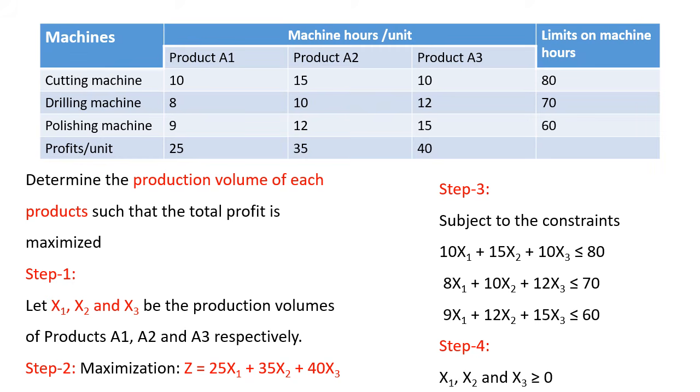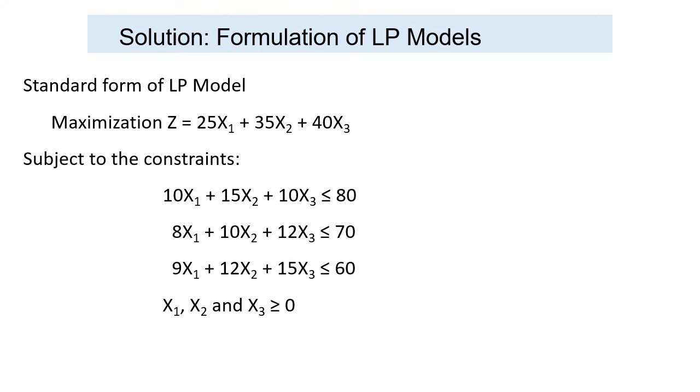And the last is step 4, where x1, x2, and x3 are greater than or equal to 0. That is the non-negativity restrictions. After formulating the linear programming model from the real problems, we have to put it in a standard form of linear